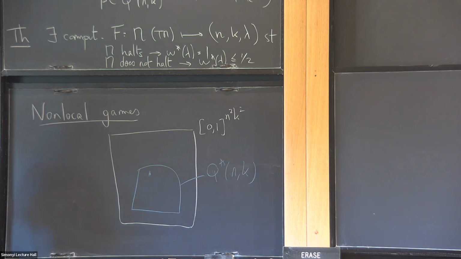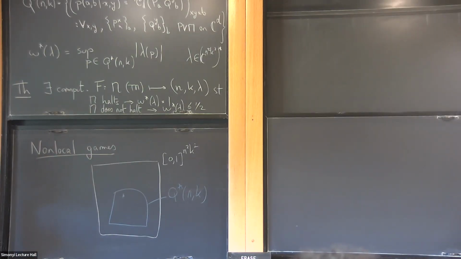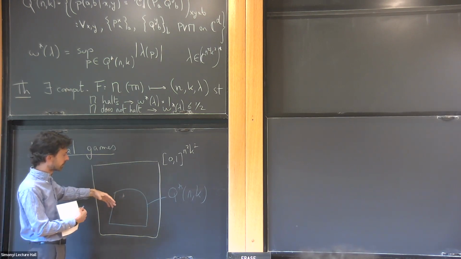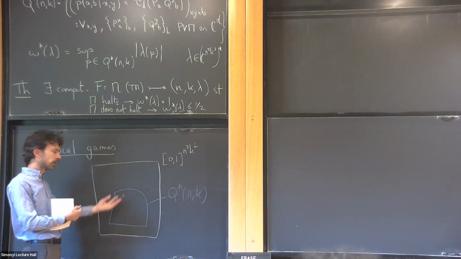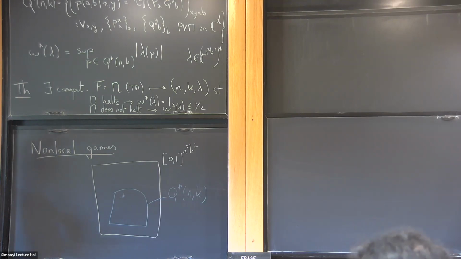Then there was a yellow set, which was bigger, but we don't need it anymore because we reduced the problem to simply showing that the problem of optimizing a linear function lambda over the blue set, this line in the middle here, omega star of lambda, is undecidable. We showed that this was sufficient because the blue set had a very simple sequence of inner approximations, and the yellow set had simple outer approximations. If the two sets had been equal, then the optimization problem would be easy, or at least computable.